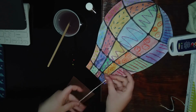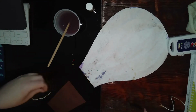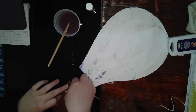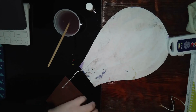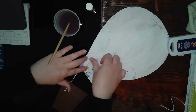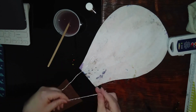So what you will need to do is get the string, turn your hot air balloon around, turn your basket around, okay, and you will need 2 pieces of tape. So get some tape if you have some. Okay, if not, you can try it with glue, but tape is honestly easier. And now I'm going to leave some room in between. Take another piece of tape, okay, and add this one to the hot air balloon. So now the basket is connected to the hot air balloon,